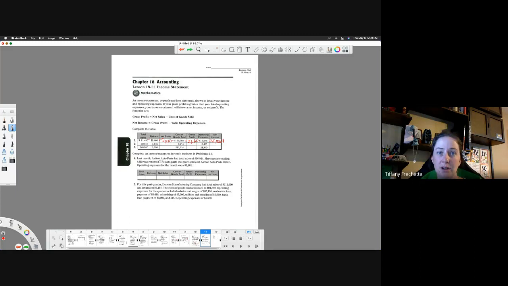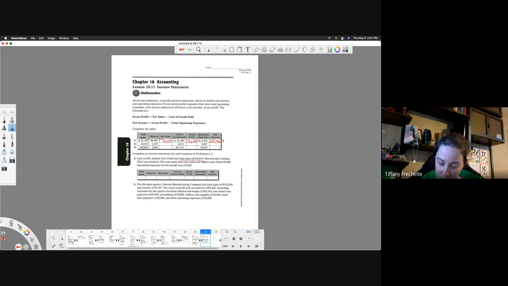All right, so complete an income statement for each business in problems 4 and 5. You're going to do the exact same thing for number 4. You just have to fill it in. And they told you what the total sales were here. I'm not necessarily reading the problem, but I know they tell me the total sales. They tell me what was returned, so I can calculate net sales. They tell me what the cost